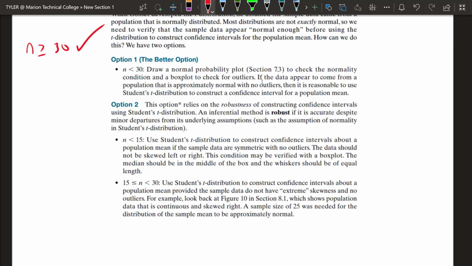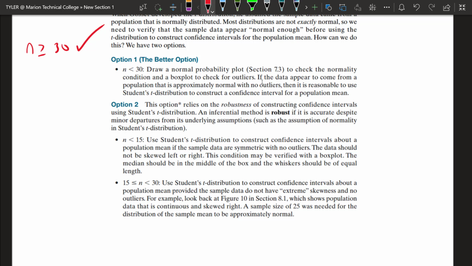We don't have to worry because my sample size is big enough to satisfy the law of large numbers and the central limit theorem, meaning that the distribution of x bar is going to look normally distributed no matter what the population looks like, right? But if we have a smaller data set, less than 30, the best option for us is to check the normality condition using a normal probability plot and also a box plot to check for outliers,